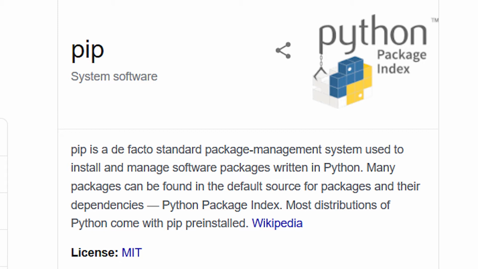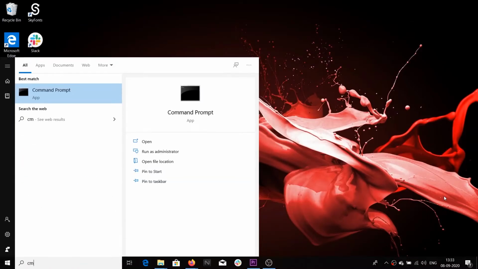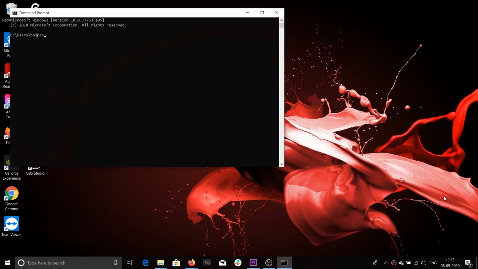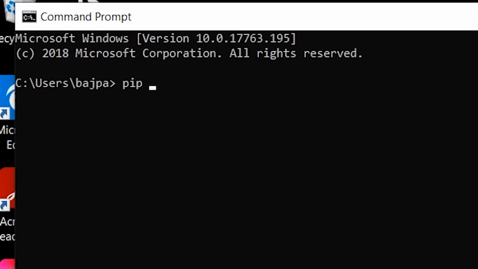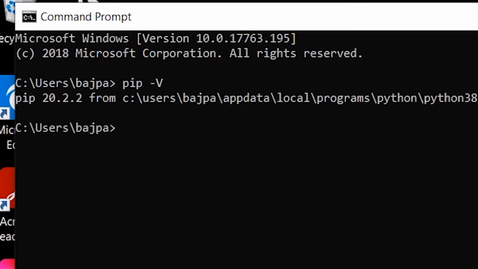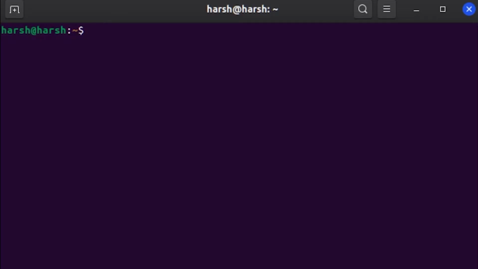To check if you have pip installed on your computer, open your terminal. In Windows, it is command prompt. If you are on Windows, type pip space -V. If a version shows up, pip is working fine for you. If you are on Linux or Mac, type pip3 space -V.